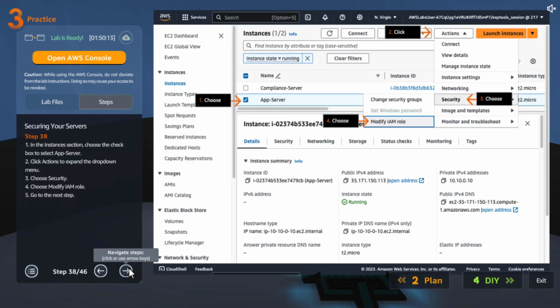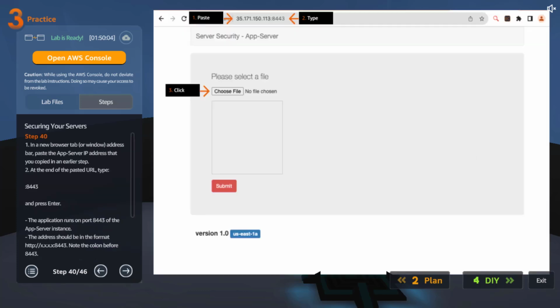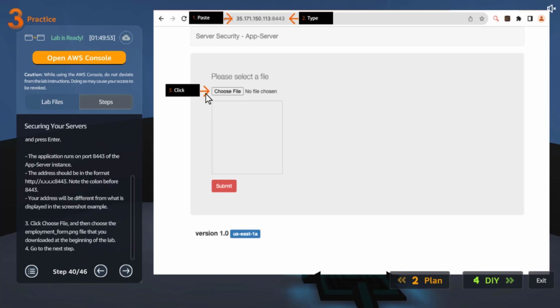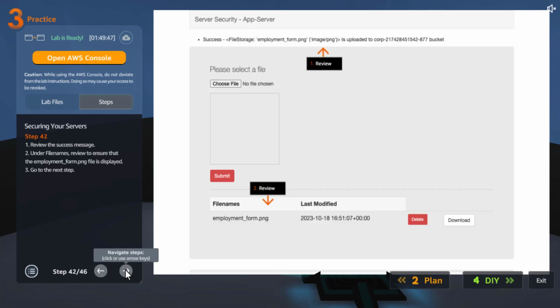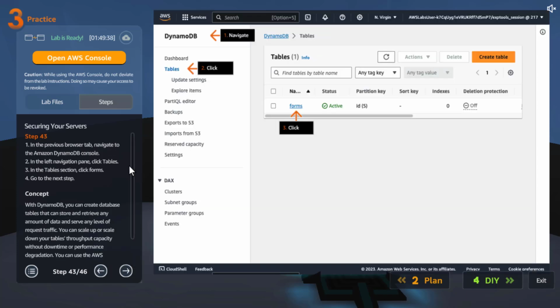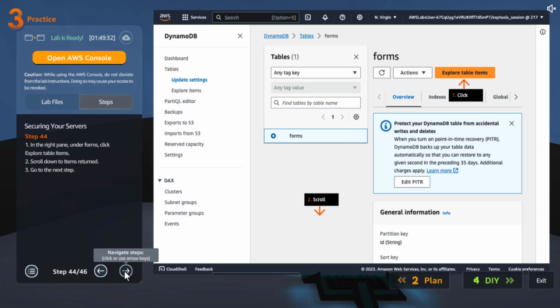Now we are going to go to the instance, app server, security, modify IAM role. Go ahead and pick the lab app role that we just created. Okay, now we opened that IP address with 8443, and what are we going to do? We are going to upload the file, that image that we just used, to check it. Okay, so let's click, and if we submit, it should be able to successfully upload it. I guess it did. Success, it is uploaded to that particular bucket. And if we go to the forms table, it should have listed whatever was in the table,